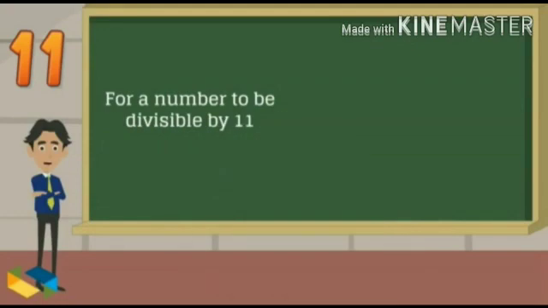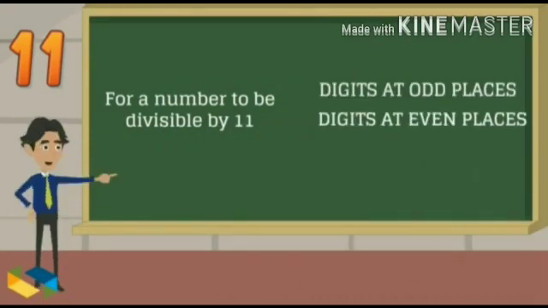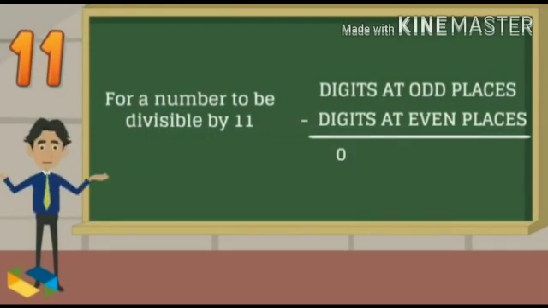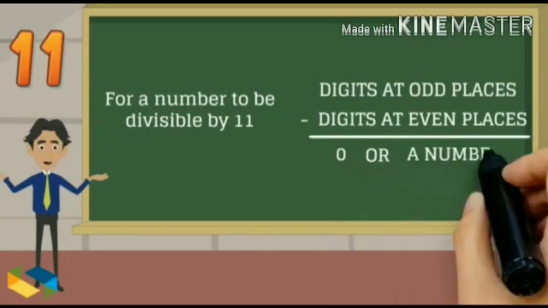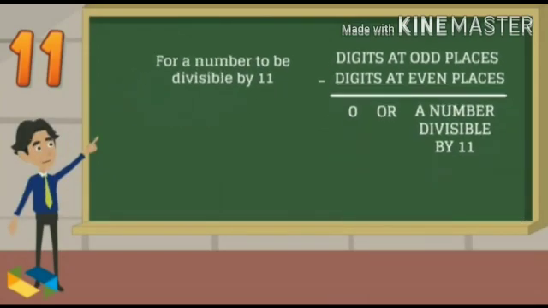The rule for 11 is remarkable. Add all the digits in the odd number places and then add all the digits in the even number places. Subtract the results. If the result is 0 or a number that is divisible by 11, then the entire number is divisible by 11. Example,